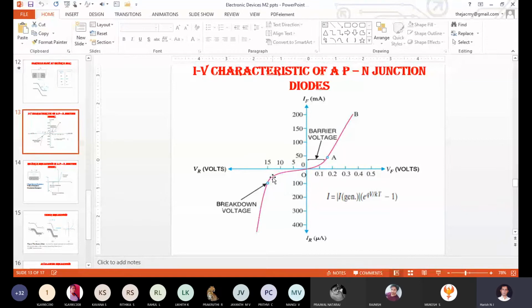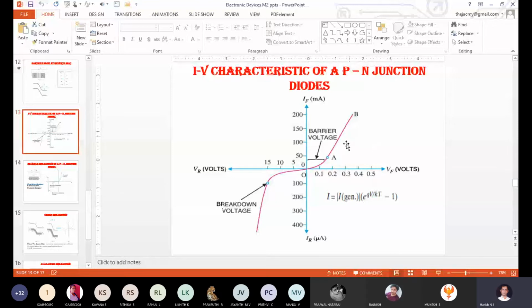At the same time, can you tell me one thing here? In forward bias, when the supplied voltage becomes equal to 0.7 or greater than 0.7 for germanium, what about the current? The current instantly starts increasing sharply. Just check it out. At 0.7 or 0.6, the current will be somewhere around 50 milliampere.